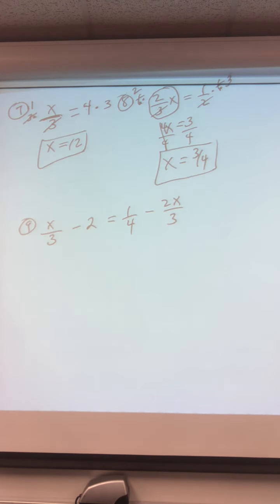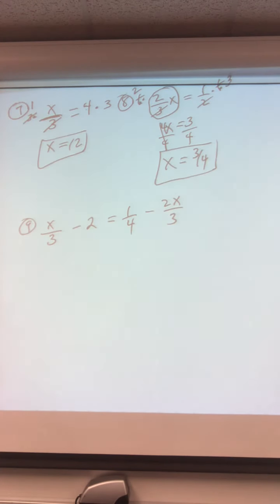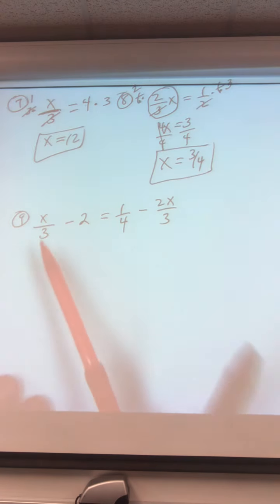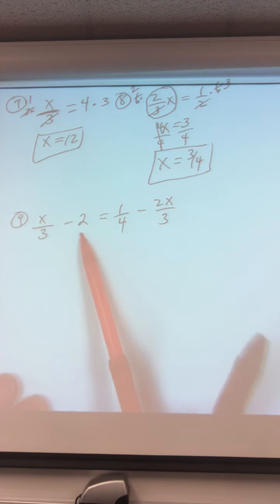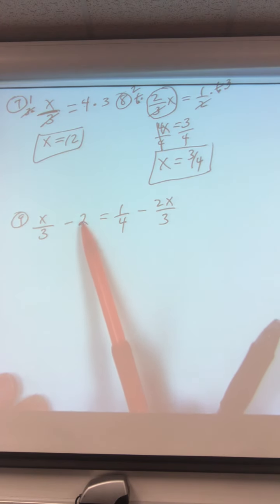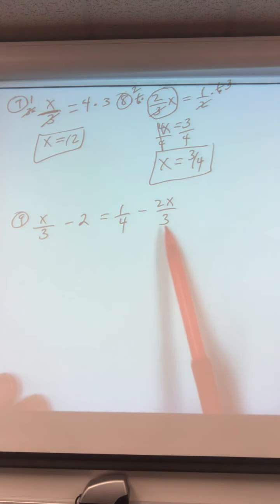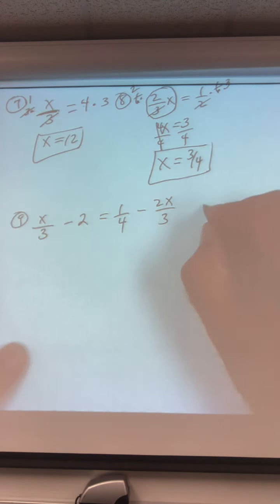Okay. All right, what's the first thing you see here that you don't like in this problem? Well, I don't like the fraction. So I've got a fraction here, a dividing 3, a dividing 1. That 2 is in the top. This is 2 over 1. So you got a 3, a 1, a 4, and a 3. So I need something that 3 and 4 both go into evenly. That's 12. So what I want to do is I want to multiply